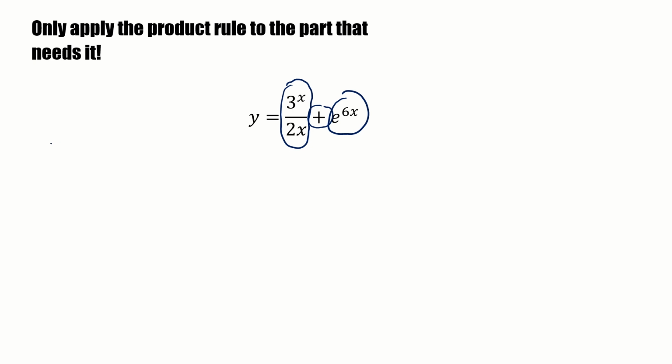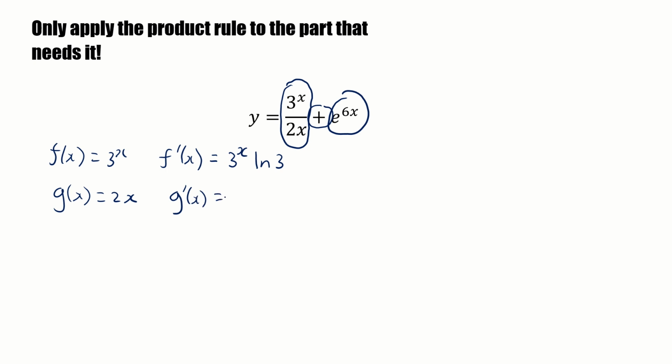So therefore, in this case, we'd say f of x equals 3 to the power of x. We'd say our g of x is equal to 2x. And then we differentiate both those things. A reminder, 3 to the power of x, you're meant to know off by heart, that differentiates to 3 to the power of x, lots of ln 3. Or at least you do if you're doing the Edexcel exam board that I am teaching. You might not need to know that derivative for some of the other exam boards. G of x would therefore differentiate to 2, and therefore, overall, the derivative would be dy dx equals